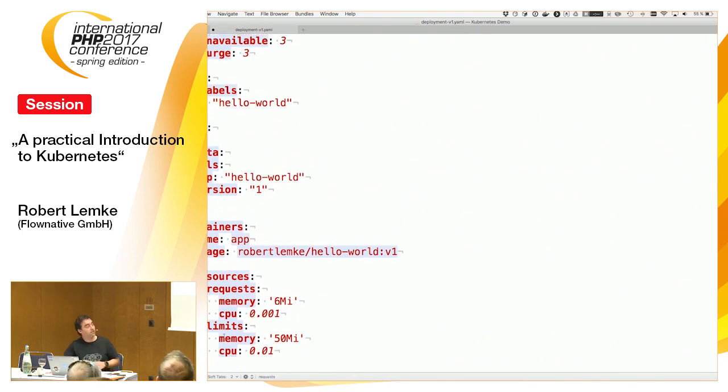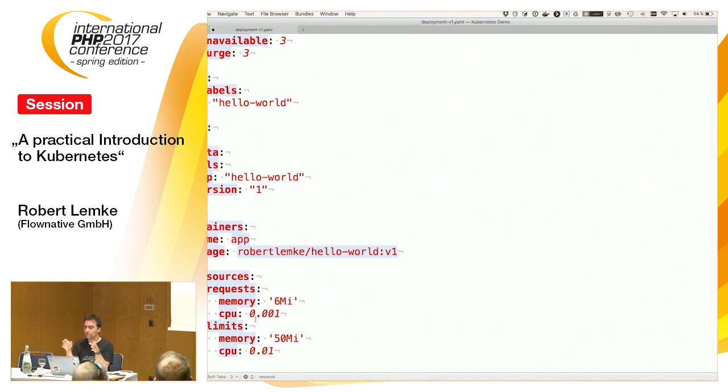And what you see down here is an example of how much resources that container will need. You can say, I think, also by measuring, it needs 6 MB and basically no CPU. And that is very important for Kubernetes to calculate on which node that pod fits nicely.